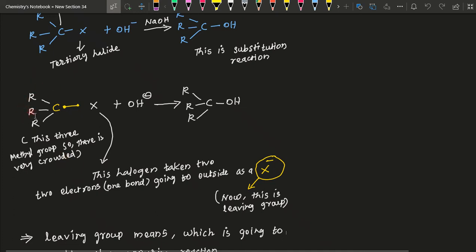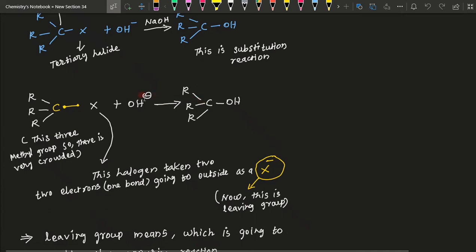There are 3 groups, so electron density is crowded, plus OH minus ion. So already here electron density is crowded, and here also an extra 1 electron, so it gives